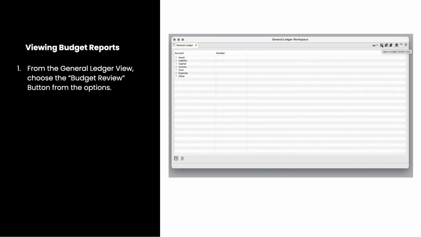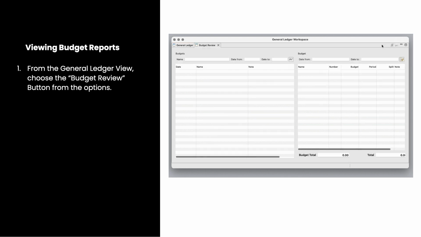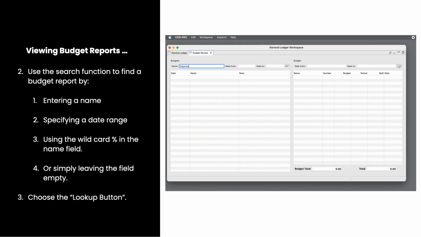Viewing budget reports. From the General Ledger, choose the Budget Review button from the options. The Budget Review view will open. Use the search function to find a saved budget report by entering a name,